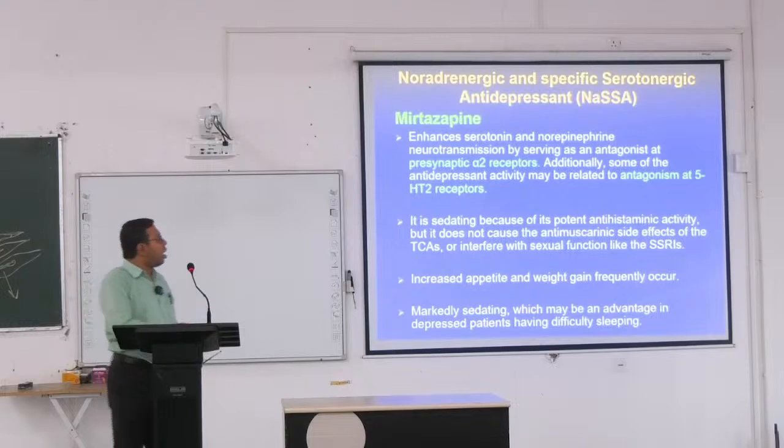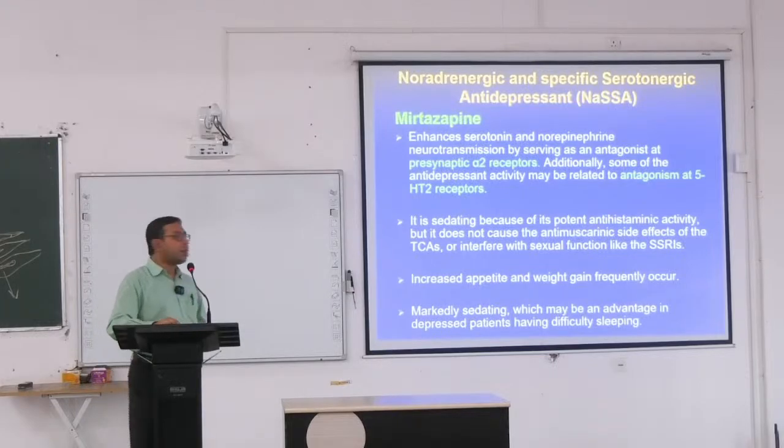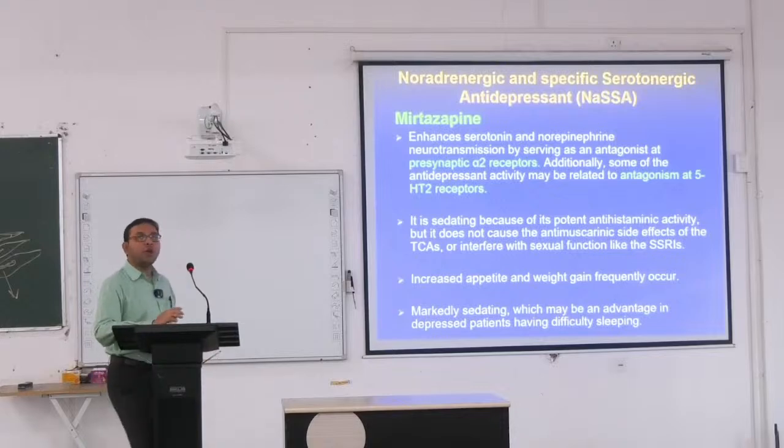Mirtazapine just acts as a noradrenergic and specific serotonergic antidepressant. They cause antagonism at the presynaptic alpha 2 receptor and also antagonism at the 5-HT2 receptor. So মিট্রাজাপাইন মেইনলি এখন ইউজ করা হয় ডিপ্রেশনের সাথে, যাদের একেবারেই ঘুম হচ্ছে না ইনসোমনিয়ার ক্ষেত্রে, কারণ ট্র্যাজোডনের ক্ষেত্রে অ্যাডভার্স